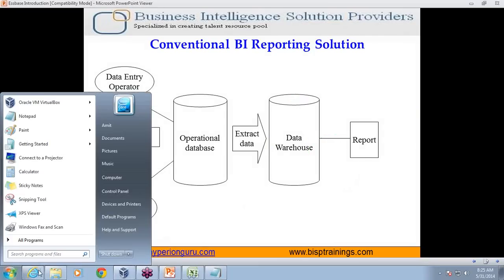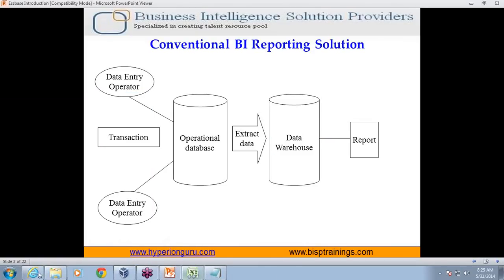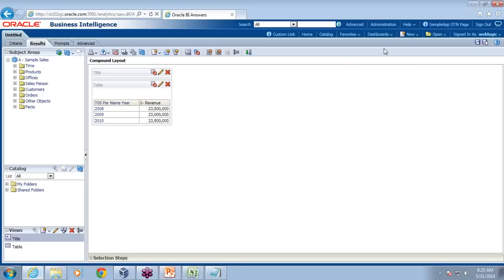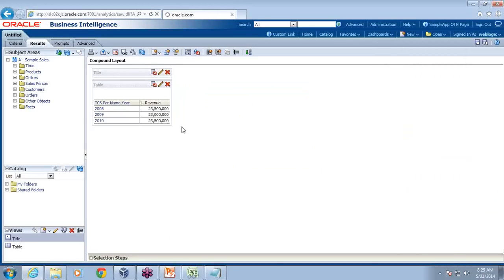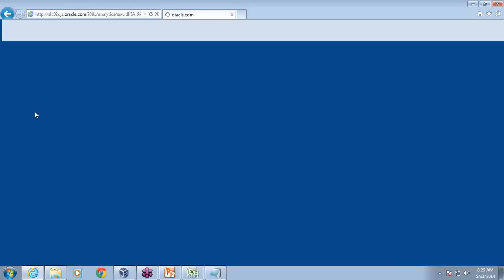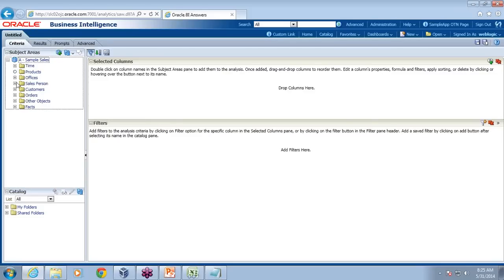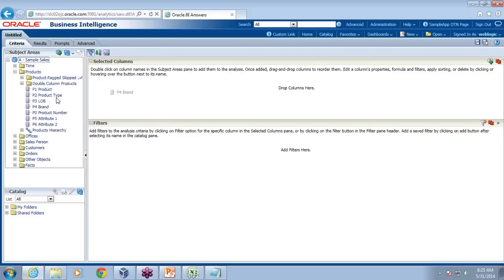You can take any BI reporting solution like OBI, Oracle, as an example. I'm showing how traditional BI works. In traditional BI reporting, your business user generally connects to the source, and whatever information they want, they simply drag and drop.